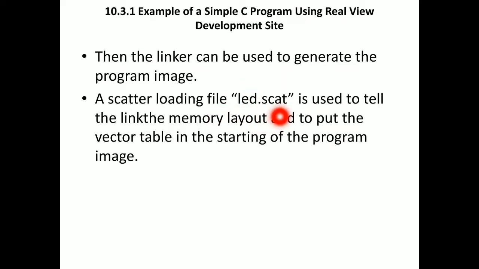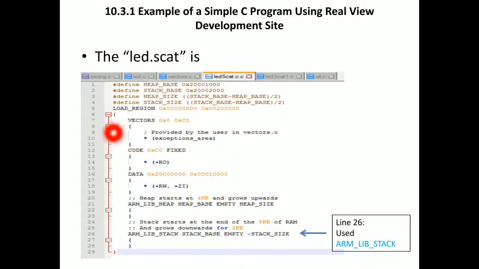led.scat, where scat means scattering script. Okay, we shall see that script also. This is the scattering script for mapping the memory. You can see vectors are there, code memory area is getting used, data memory area getting used. Again, the different memory stacks have been named and sizes have been defined. Some heap size has been defined, stack size has been defined, meaning starting area. Their base means they're given a starting area, and they're given the size also. These are the address locations for heap memory and stack memory, and they're given size. What is the size? Half of the base.